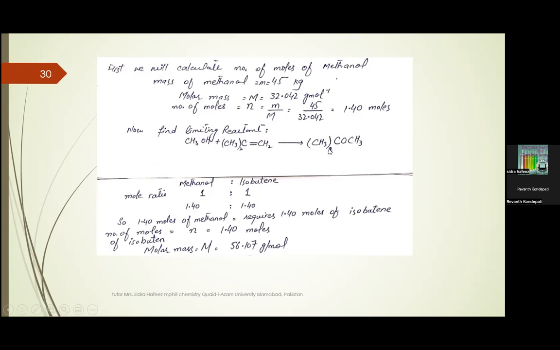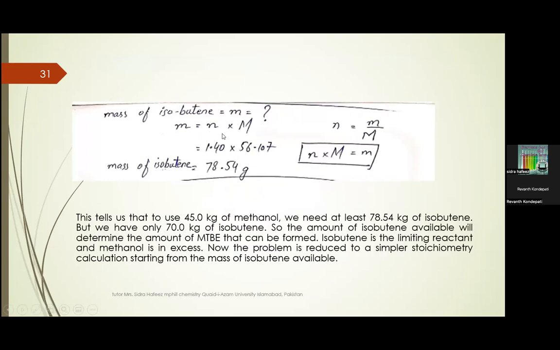Now you have to find out the limiting reactant in this equation. Methanol with isobutene changes into MTBE. Methanol and isobutene are in a 1:1 ratio. 1 mole of methanol reacts with 1 mole of isobutene. So 1.4 moles of methanol will require only 1.4 moles of isobutene. Number of moles of isobutene is equal to 1.40 moles. Molar mass is 56.107. Just multiply this number of moles with this molar mass and you will get the mass